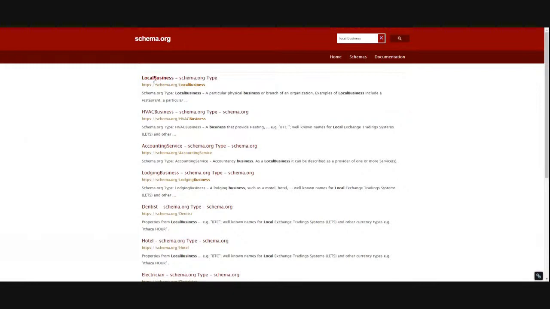So we go to the local schema. And what you should notice is local schema would inherit from the root, from thing, from organization. So we are down here in local business, and it inherits from thing, place, and local business. What does that mean? That means that in local business, if you don't have an attribute, you can use